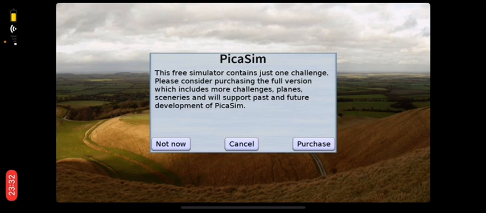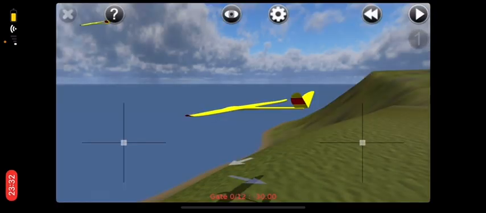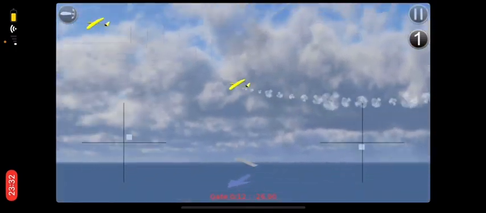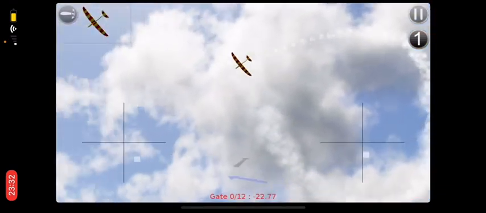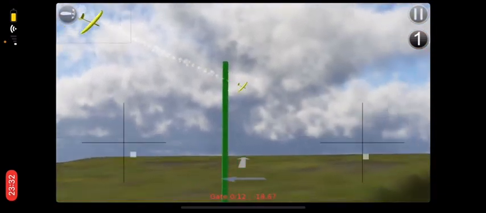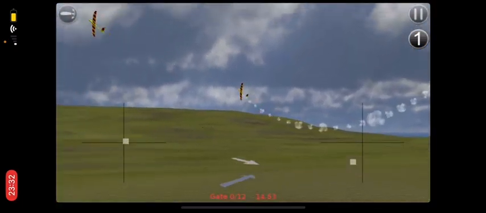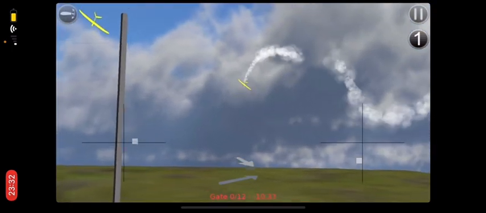there's a challenge mode on the PC version or the full version. There are a lot of different challenges you could do with it. This one, I guess, is the pylon racing stuff, but I don't really know how this one works, but usually you are supposed to